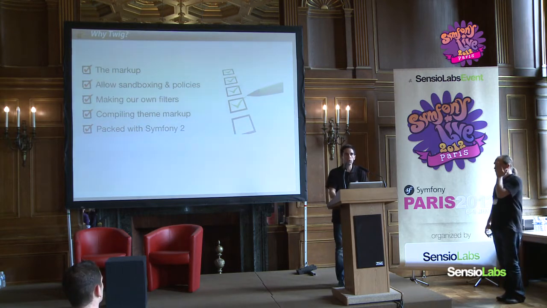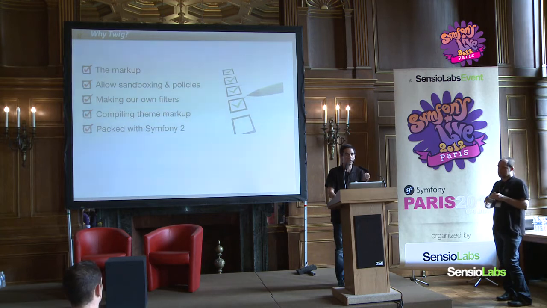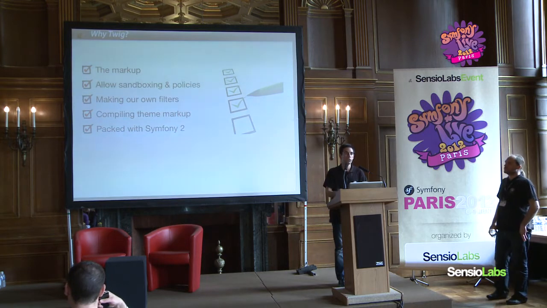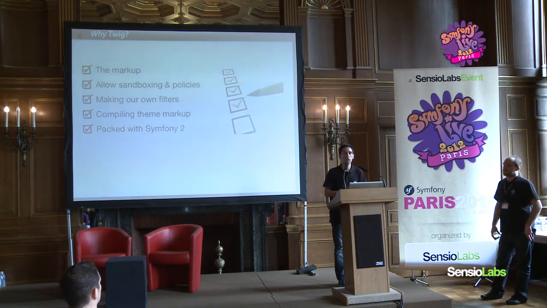Il y a la sandbox et les policies, donc permettre à nos blogueurs de faire leur thème, mais ne pas avoir accès à toutes les fonctionnalités de Twig, d'avoir accès qu'à certains éléments qu'on peut maîtriser, soit parce que certains résultats sont trop risqués, trop en machine. Il y a la possibilité pour nous, en tant qu'Overblog, de créer des filtres. Donc ça, on le fait quand on pose des images. Si les utilisateurs ont besoin de redimensionner des images, on leur a créé des filtres.